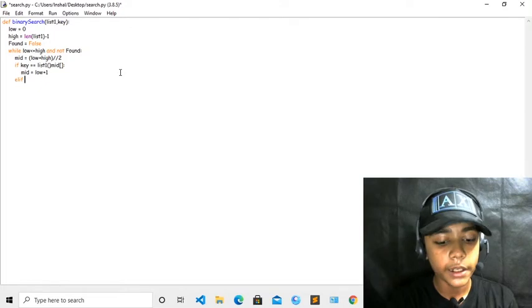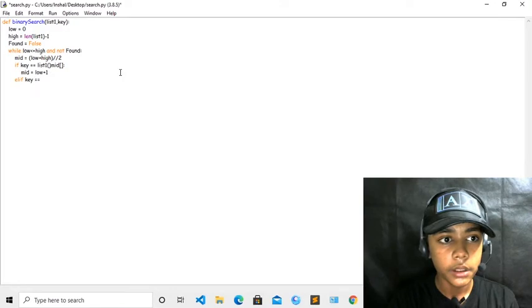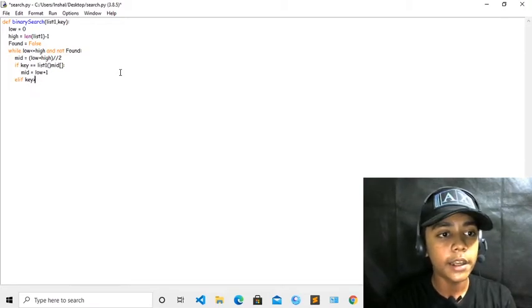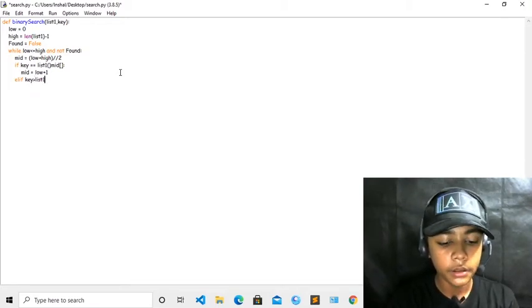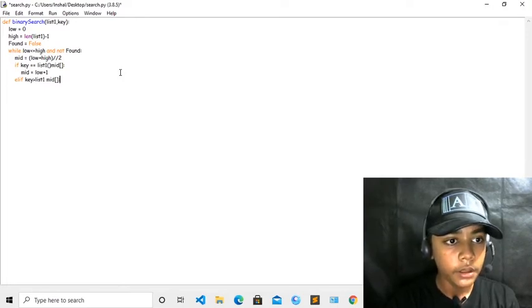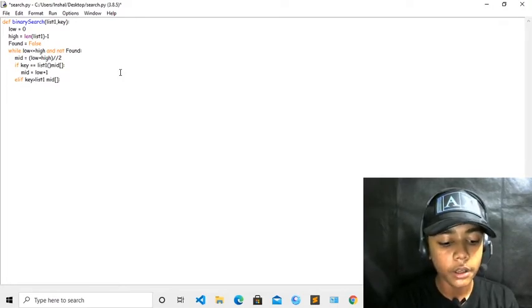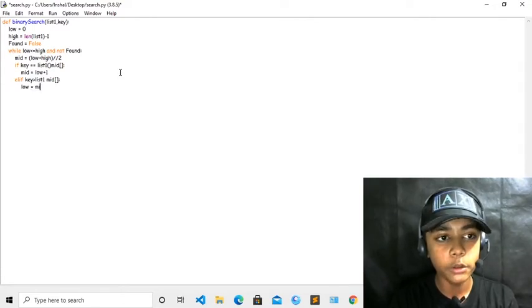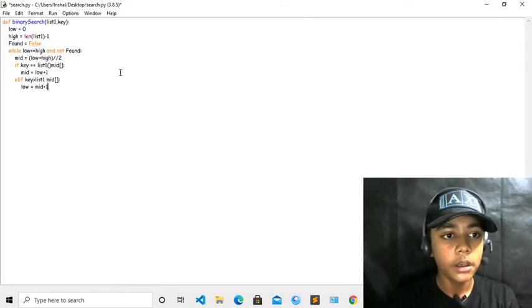Now over here you have to write key. Key will be like, here will be key of equal to, and now elif key, which will be this greater than sign over here. Now here you have to write elif key list 1, now it will be mid over here, and here will also be this sign. Now press enter over here. Now here we will write low, which will be equal to mid plus 1 over here. Now you have done.